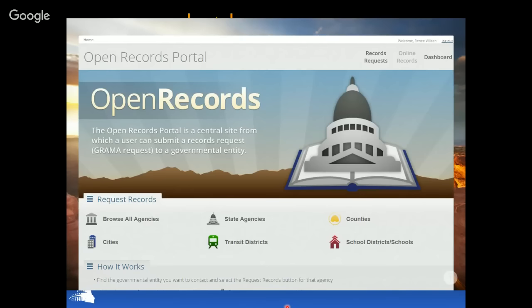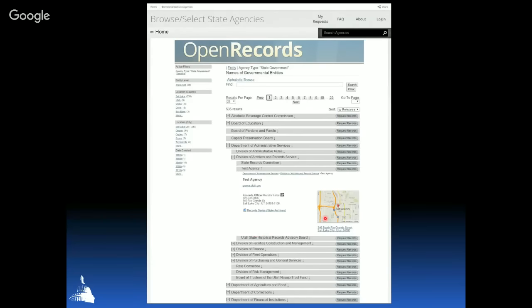So like I said, this is the portal, and users can click any one of these buttons to see those agencies. Users also have a search bar up here at the top. I don't, because I'm a records officer, but users do have that ability too. Then they come here and see all the different agencies.